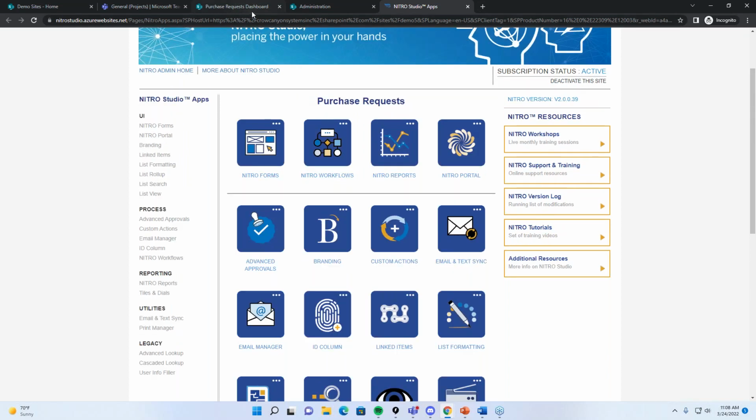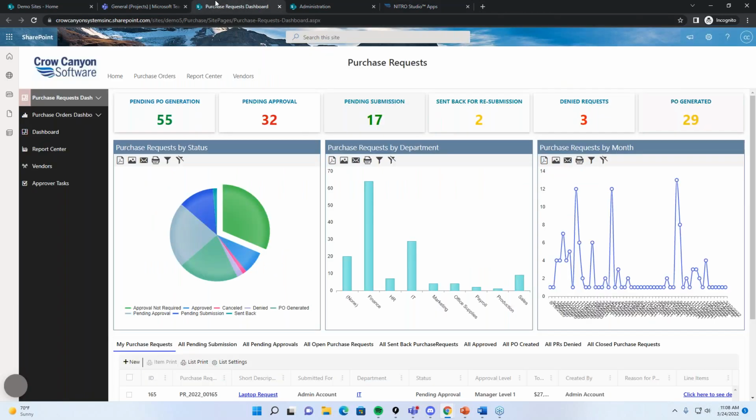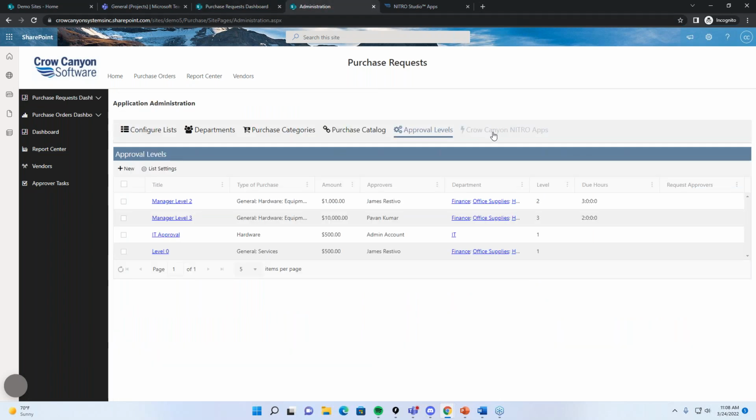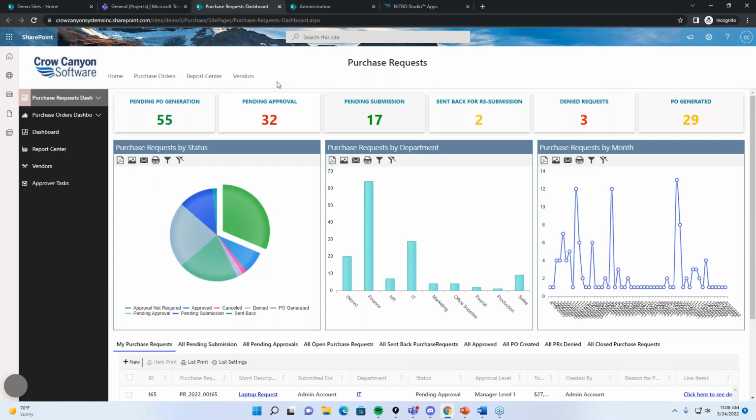But now the different levels of permissions inside of the application, and how to submit a purchase request. Really, it breaks down into three different groups. End users, request submitters, request workers, and then the admin staff. So admin staff is going to have access to the backend, Nitro Studio, as well as a few other things I'm going to talk about in a second. Technicians or request workers are going to be in this interface here. And then there's this idea of end users, request submitters, and how do we get them to submit purchase requests